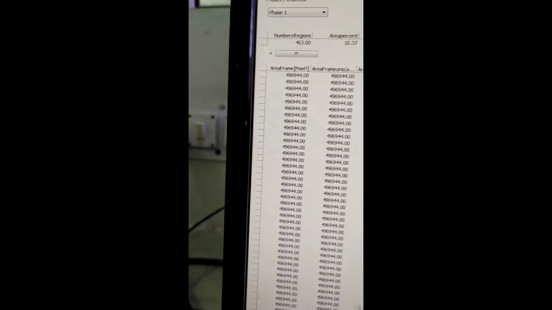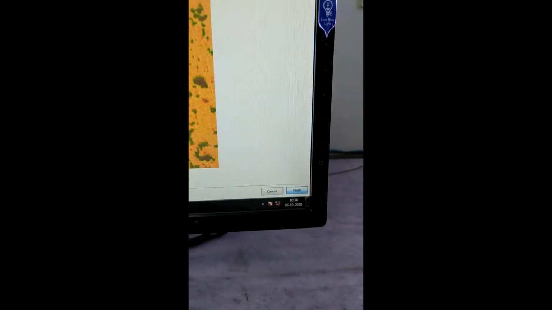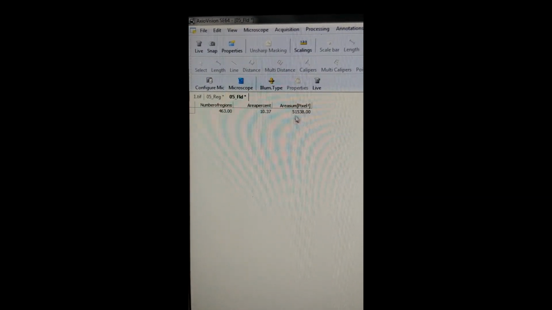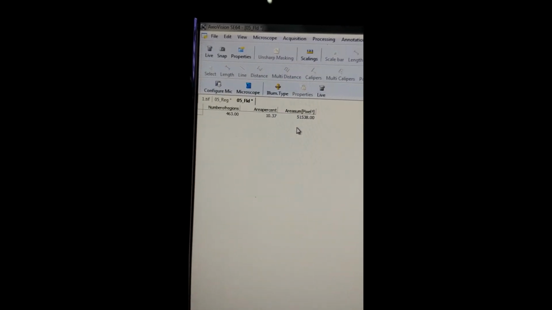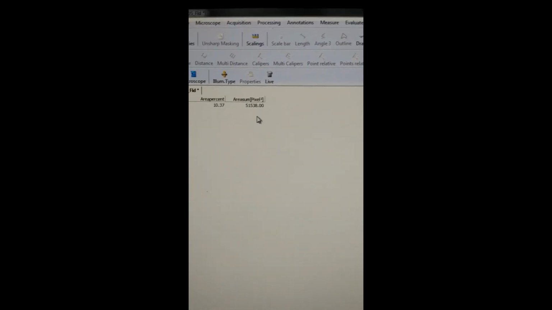It is showing number of particles, number of areas, and at the right corner you see one button, just click finished. And yes, now it is showing the actual result, area percentage and area sum. Area sum is 51538 and area percentage is 10.37. So this was our experiment. Thank you.